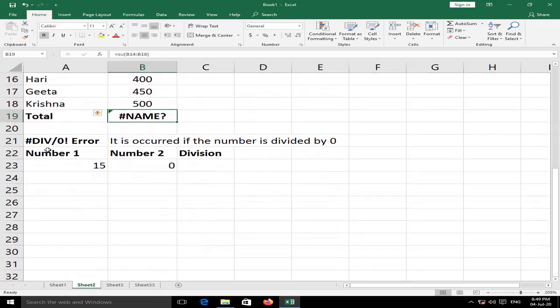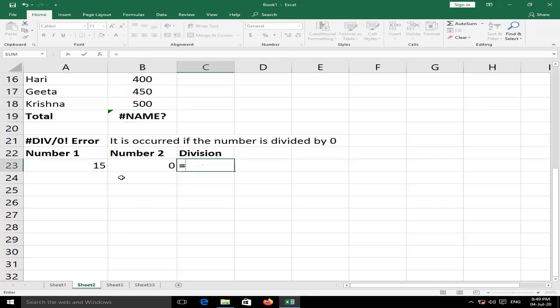The next is the #DIV/0! error. It generally occurs if a number is divided by 0. Now look here, equal first number divided by second number. Because the second number is 0, we are getting the #DIV/0! error.